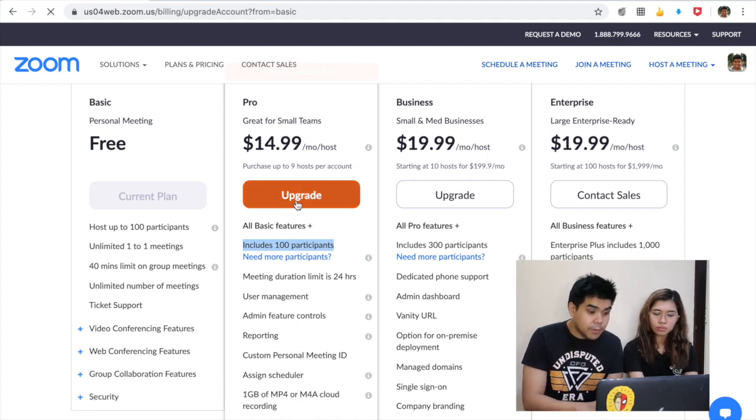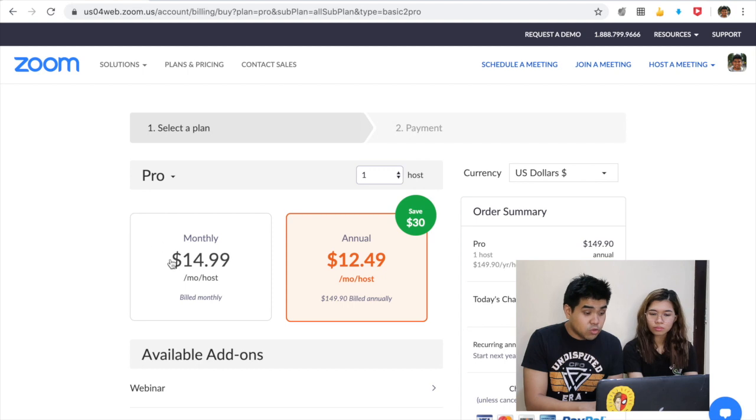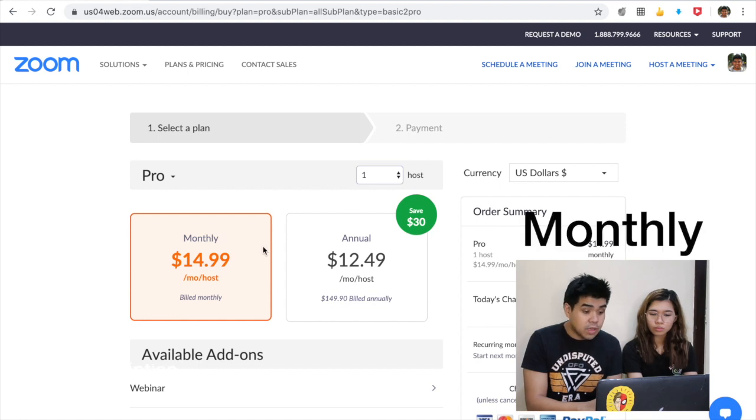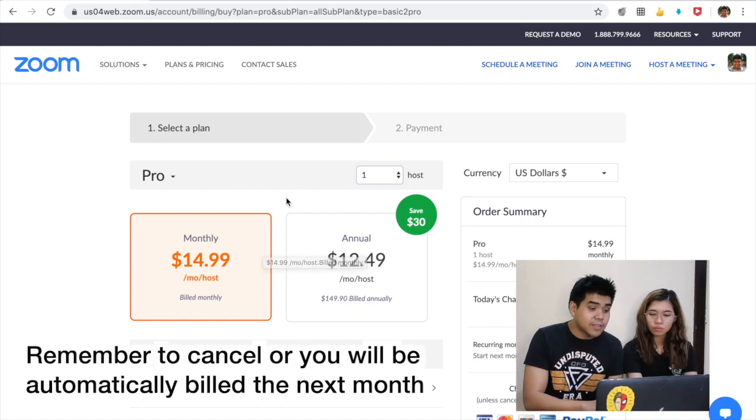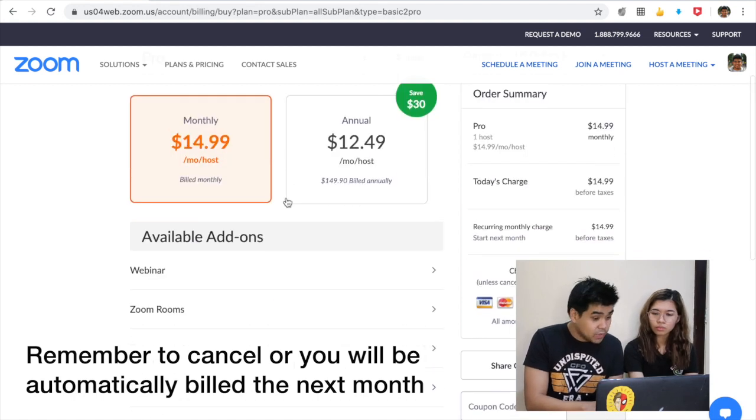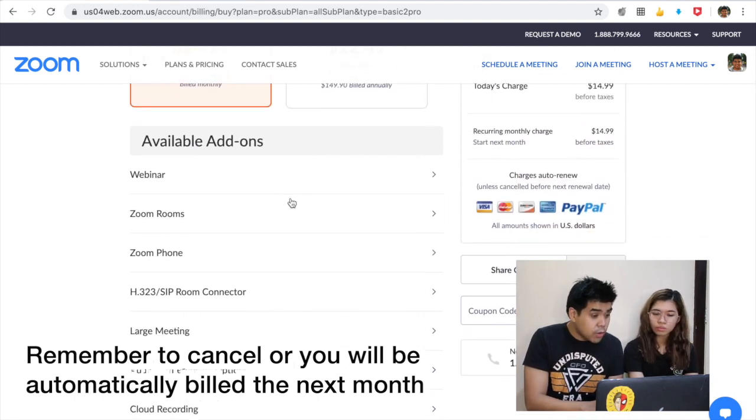So click the upgrade button, and it will bring you to this page where it says $14.99 US dollars monthly. So we're gonna want to click monthly instead of annual. So after the first month, you can cancel your account and you won't have to pay again. Then we want to scroll down and click